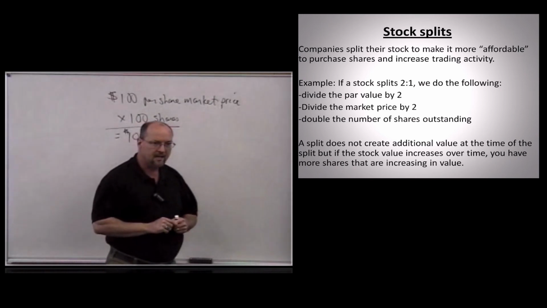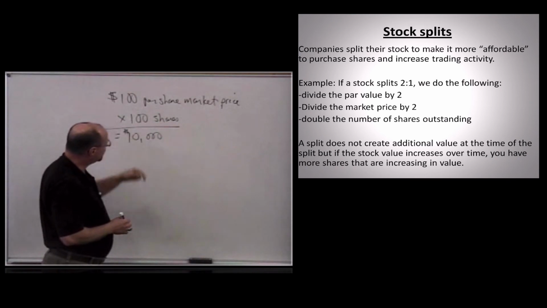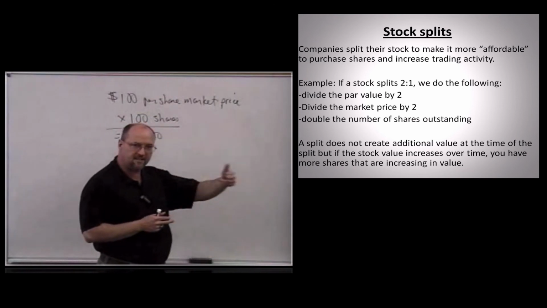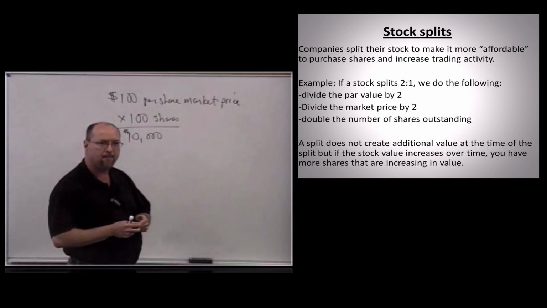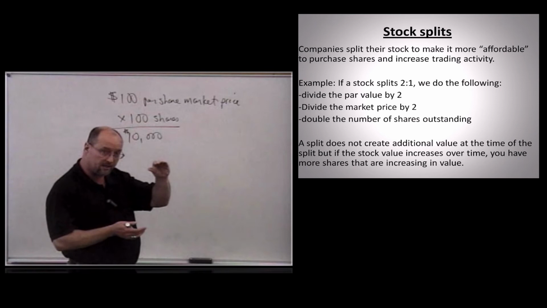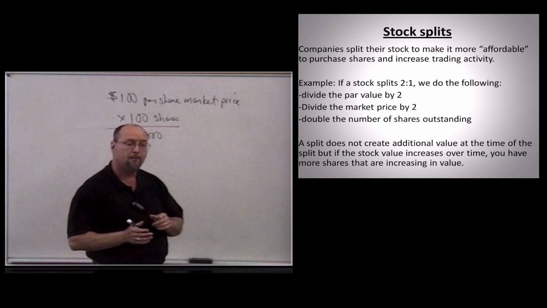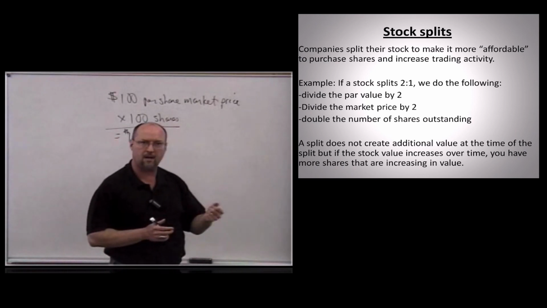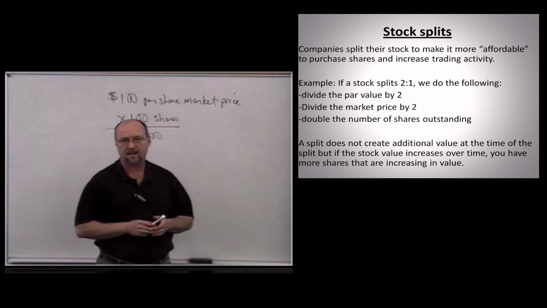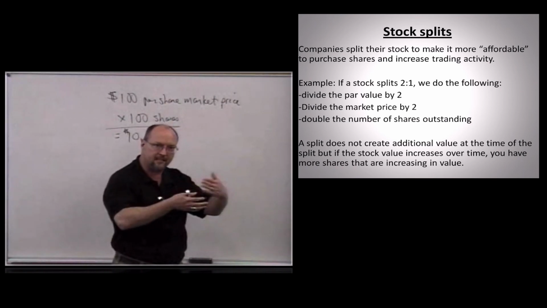And what they're saying is, if you had purchased 100 shares of stock that had a market price of $100 per share, after the 2-for-1 split, you would now have twice as many shares, so you'd have 200 shares, but the market price would be cut in half. So it would be $50 a share. Notice, 200 times 50 is still $10,000. So the value of your investment didn't change, but now if a new investor wants to buy 100 shares, it would only cost them $5,000 instead of $10,000. And so stock splits were created to stimulate investment in stock and stimulate trading, okay?